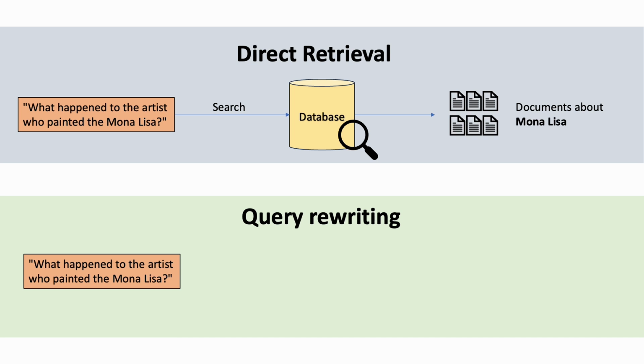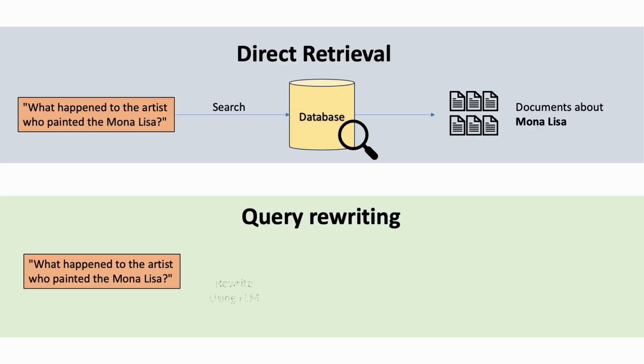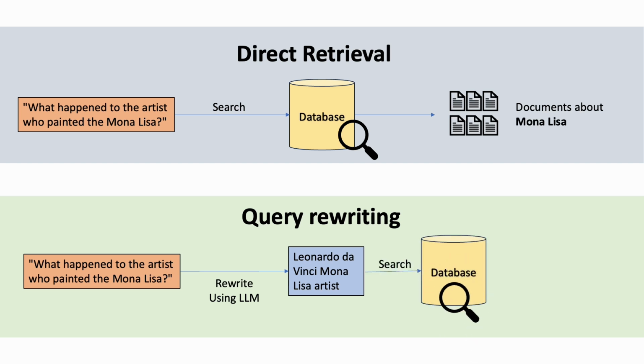Imagine someone asks what happened to the artist who painted Mona Lisa. Well, if we do semantic or keyword searches, the retrieved information will all be about the Mona Lisa, not about the artist. A query rewriting system would use an LLM to rewrite this query. The LLM might transform this into Leonardo da Vinci, Mona Lisa artist, and that will be a much more fruitful